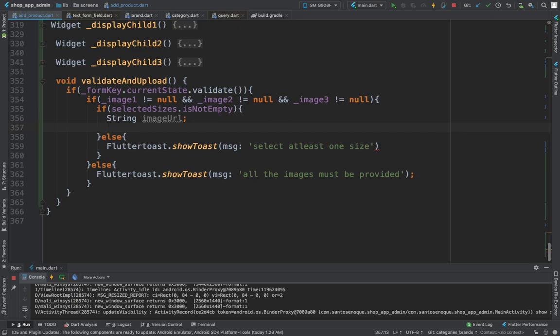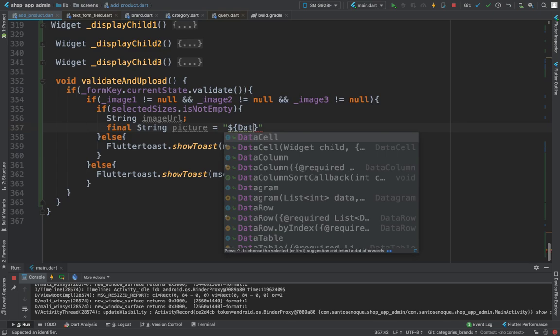Okay, final string pic picture. Okay, I can give that name. So this is just going to provide a different picture name, or name of the image inside of the database. So we are basically creating an ID for this image. Just give date